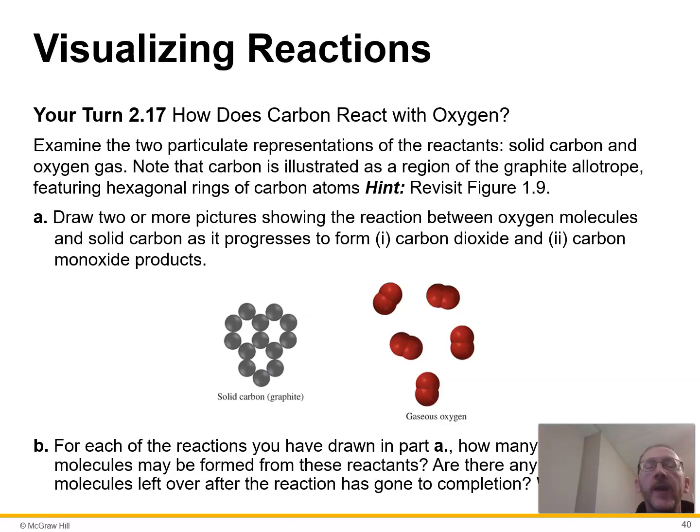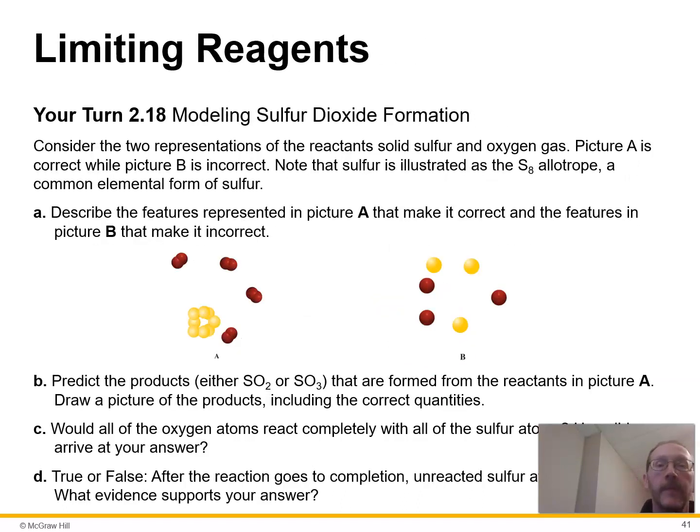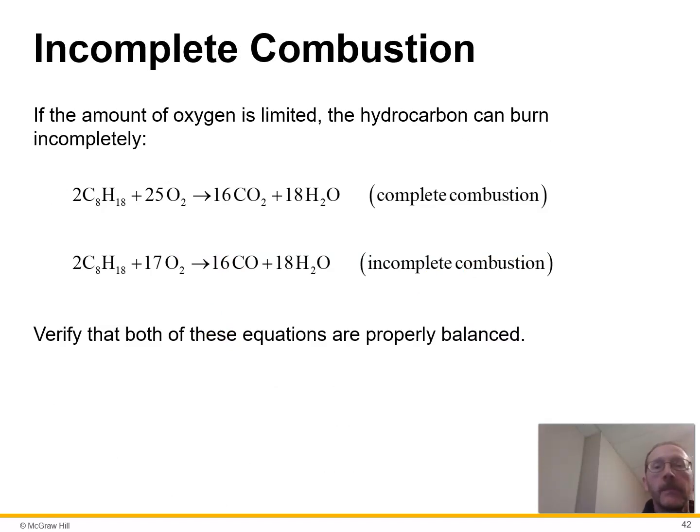This suggests that you should practice doing this with the particulate representations as well. So I recommend doing that also. And if you do it and see which is left over, you can figure out which thing is the limiting reagent. So I recommend doing that one as well. This one just says verify that they're balanced. So that means counting up all the atoms of each of the elements on the reactant side and verifying that they match all of the atoms of all of the products on the product side. So you can do that also.